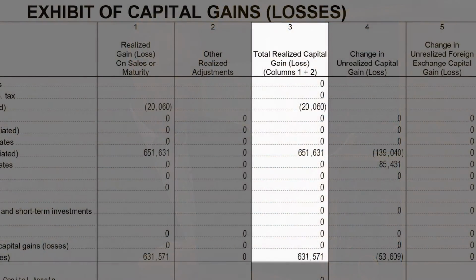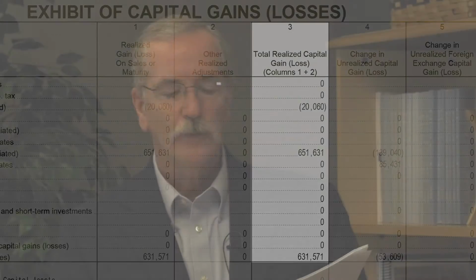In this case, that happens to be column 3 of the bottom exhibit of page 12. It's the total realized capital gains and losses, and that's really represented by columns 1 plus 2, which is simply the realized gains or losses on sales or maturities, and column 2 is other realized adjustments. So primarily you're going to see activity in column 1 carry over to column 3. That's what you're going to see as realized gains or losses for that reporting period on page 4, statement of